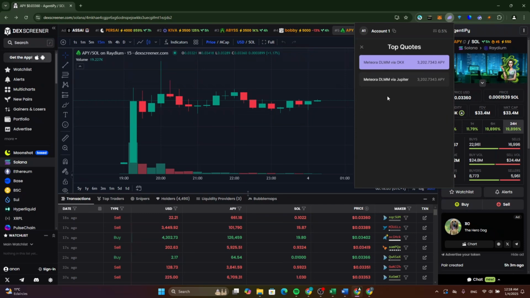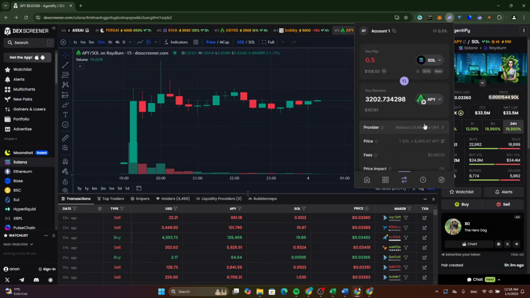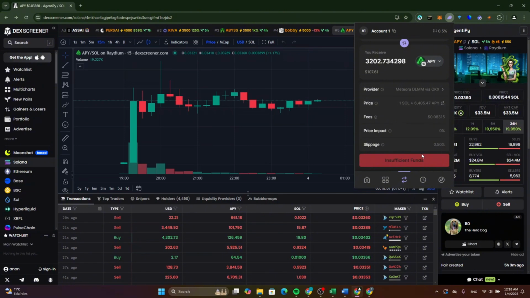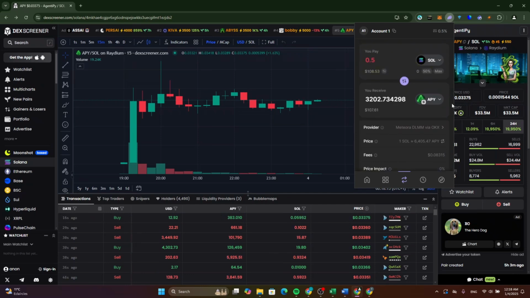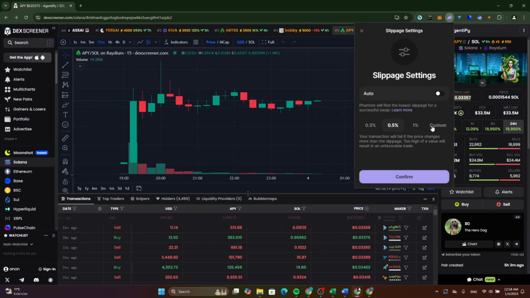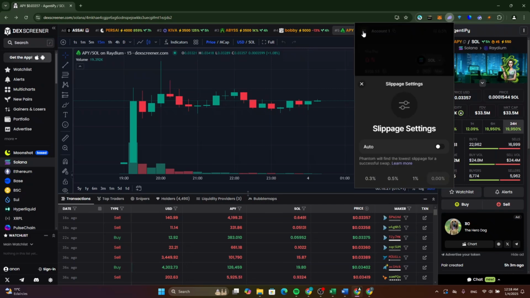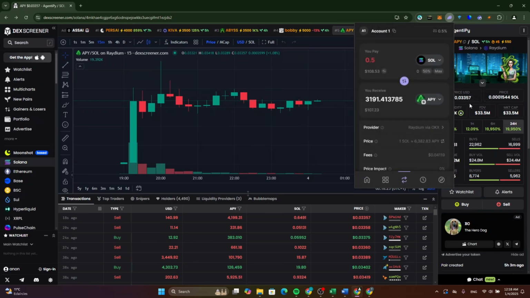Now after that, select the provider, for example OKX or Jupiter. Make sure to read all of that information, and after that click on swap and you will be redirected to the OKX provider page to complete the buy process. If you find any issue, just go back to this page and switch the slippage from here to custom. Now after that, you will be able to buy this token without any issue. So this is how to buy